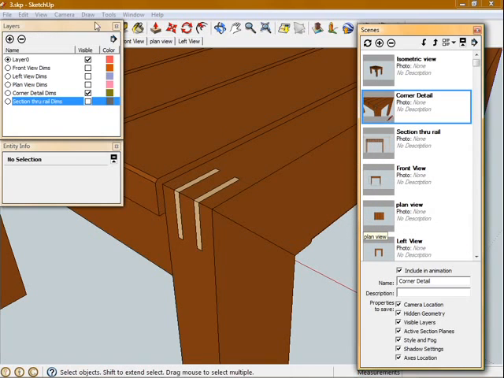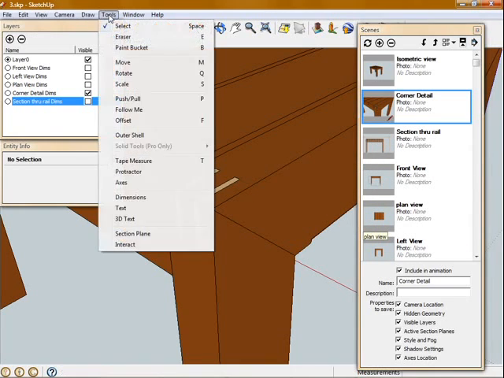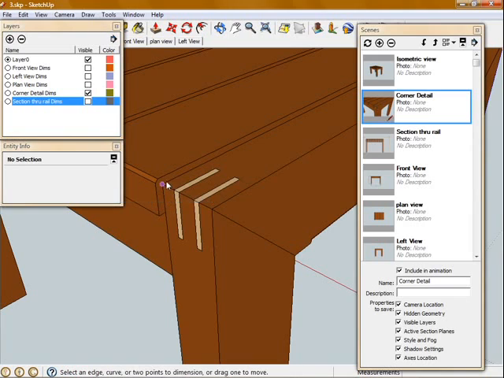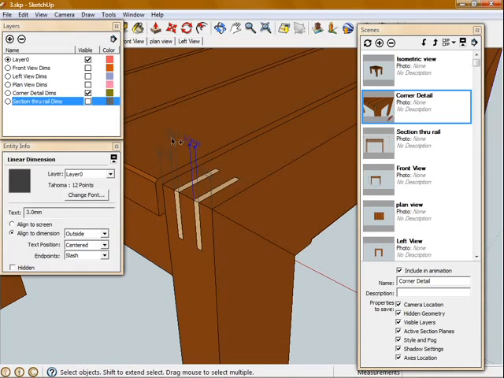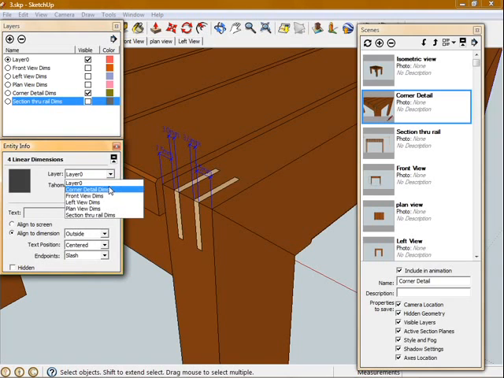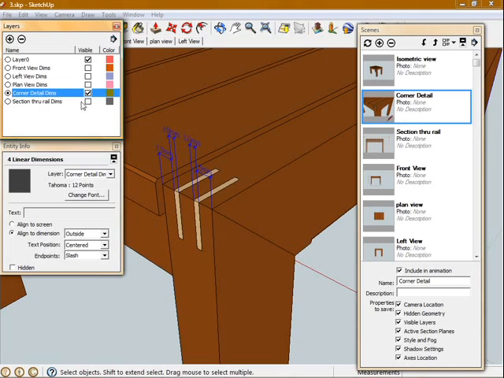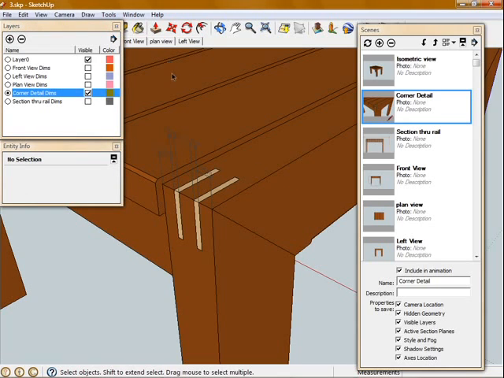And for this one I'm going to add a couple of dimensions and some text for those splines. So just a couple of set out dimensions for these splines. And I've forgotten to set my active layer, so I'm just going to do that quickly. Corner detail dims, and I'm going to